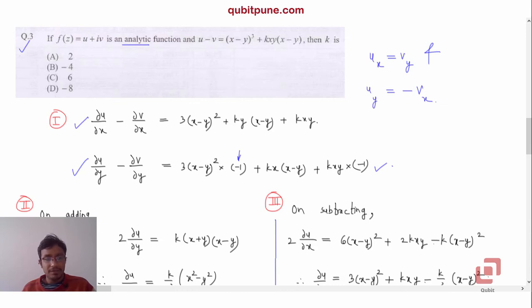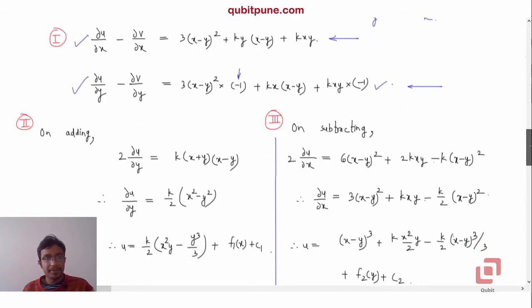So what I'll do is I'll first add these two equations that I've got, this one and this one, and then I will subtract. So let us add. What will happen on adding? On adding, partial u by partial x and partial v by partial y, these being equal to each other as per the Cauchy-Riemann equation, these two terms will get cancelled, and partial u by partial y is actually equal to negative of partial v by partial x, correct?